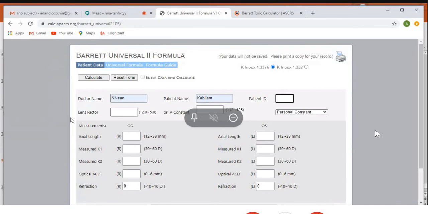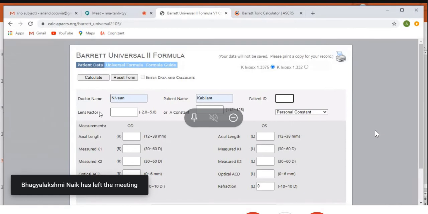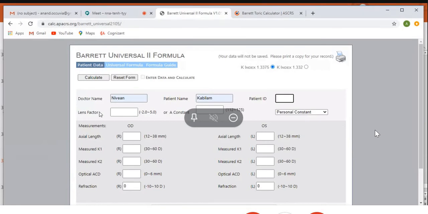For the Barrett formula, you want to remember two things. For every IOL company, they will have a lens factor and a design factor for a Barrett. Mostly they made this formula based on the design of the lens, and also the nature of the lens, either it's biconvex, plano-convex or plano-concave. So Barrett is designed in such a way that you can use the lens factor or a design factor. But here you can put the lens factor, or a constant of the lens.